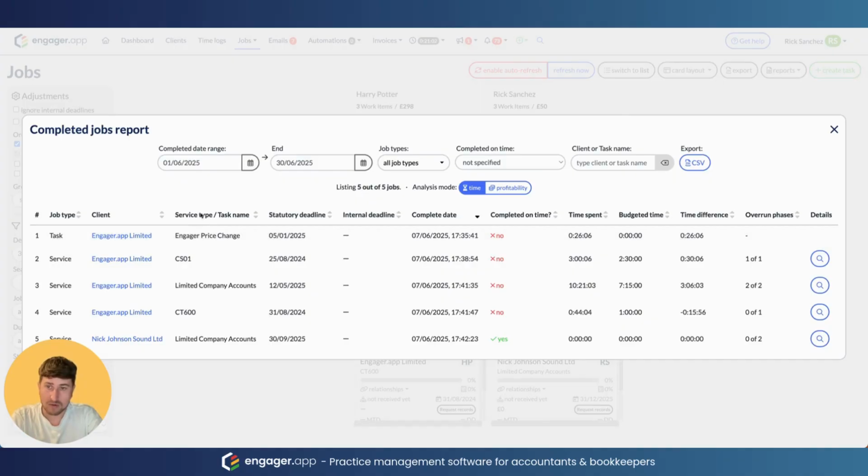And as we scroll along, we can see what service these relate to, what deadline relates to that service, whether or not there was an internal deadline, if so, what that internal deadline was, the completion date of this job, whether or not it was completed on time, so that instantly compares the completed date versus the statutory deadline date. You've also got the time spent on a job, the budgeted time, and the time difference. So if it was overrun, then you can instantly see here that this CT600 task is actually 5 minutes over